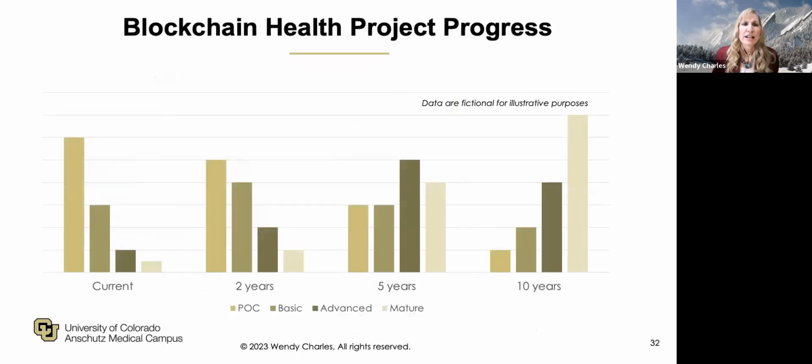So as we think about blockchain healthcare progress, I'm showing you a graphic that does involve fictional data. Okay, so this isn't real, but it helps tell my story. That many blockchain projects are in early stages of development, and they will continue to progress over the next 10 years into greater levels of maturity. But it's also important to know that some blockchain companies and products are mature now, and they have been for some time. So for example, for my full-time employer, we've had a blockchain in full production for enterprise level healthcare since 2017.